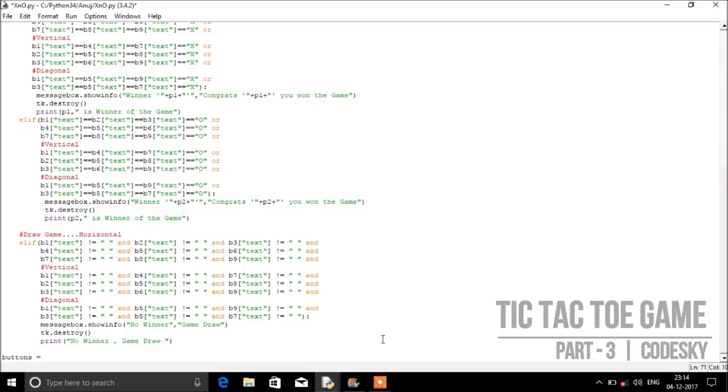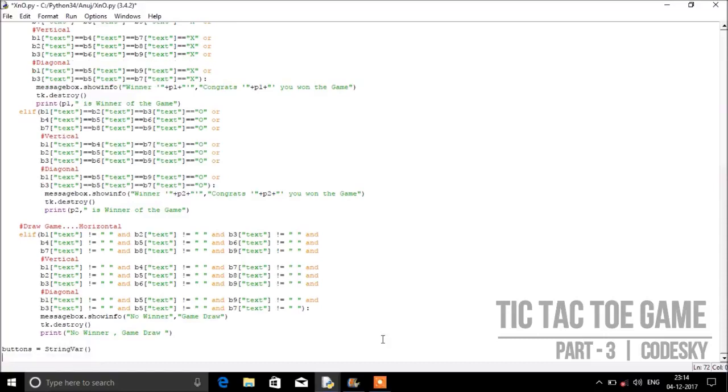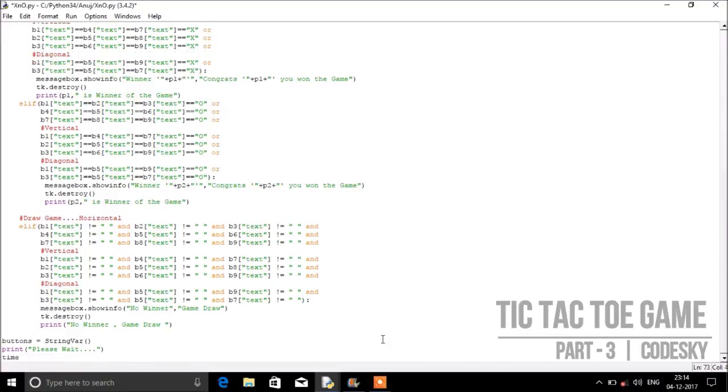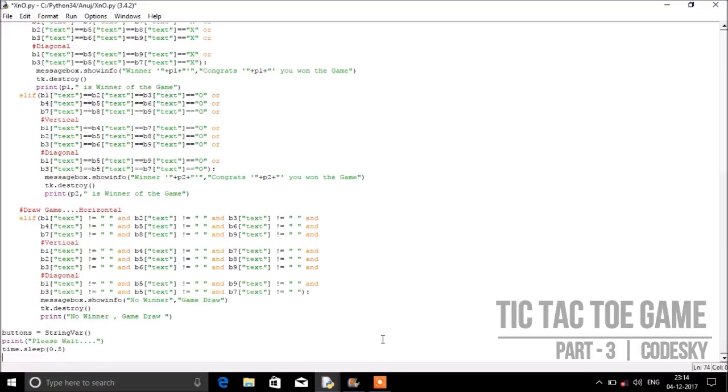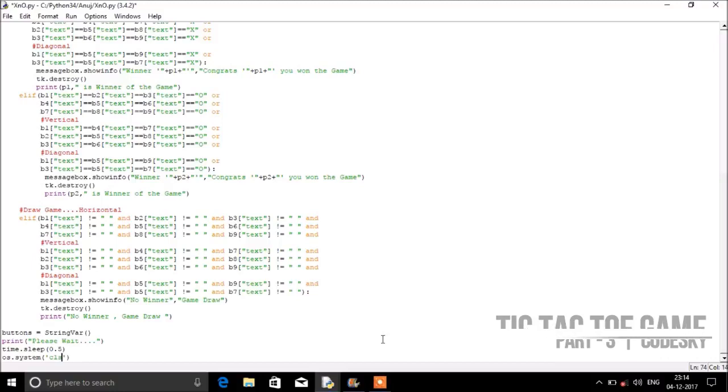Buttons equals to string var, print, please wait, time dot sleep 0.5, os dot system cls. Now